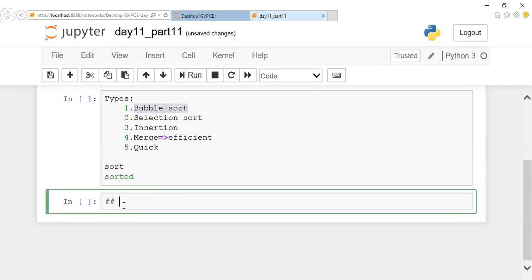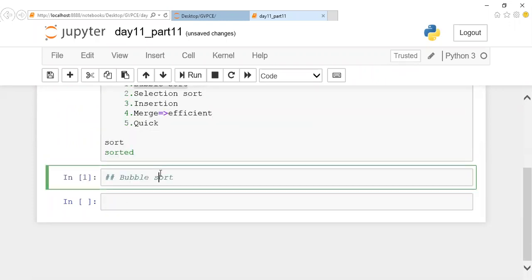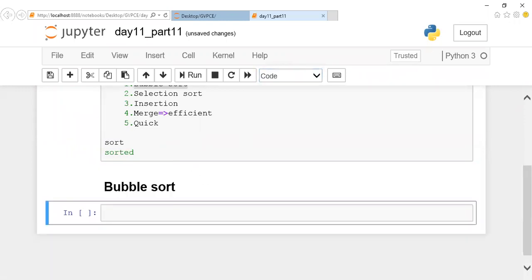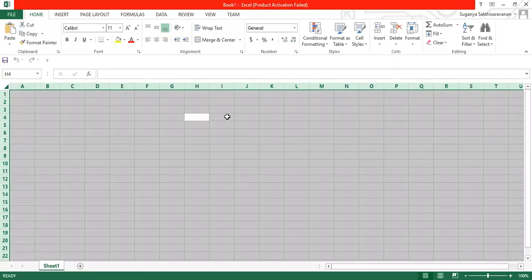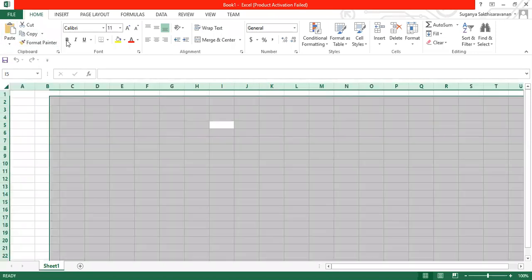How does bubble sort work? Come on, how does bubble sort work, guys? This is very simple, right? The bubble sort concept is very simple. How does it work? Yeah, heap sort is also available. See, heap sort, radix sort. I have just given one of the very basic sorting techniques here. Okay, checking and swapping. How does it check?